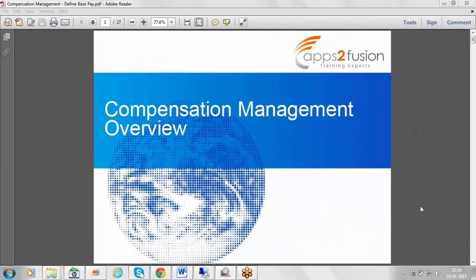The grade and the grade rate, so that we can allocate the salary to the employees. So I will just take you through all the steps which are required in core HR also. Then after this one, we will have individual compensation. That is one main thing. Individual compensation is part of compensation itself, compensation management.